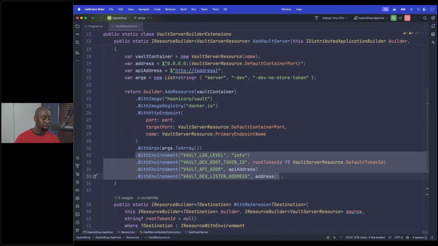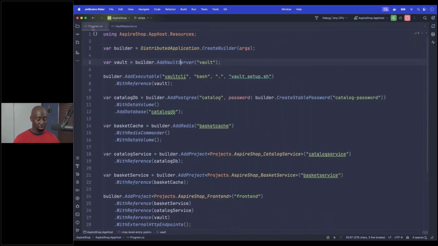So again, I created a resource. I let it know what image I wanted to pull. I set some environment variables. I set the command line args to it. And then now all I have to do is just say, add Vault. And so now I have my own container running there. If you had a special tool that you run that's not in here, you could pretty much just copy paste this code and do the same thing, assuming that it doesn't have any special requirements to it.